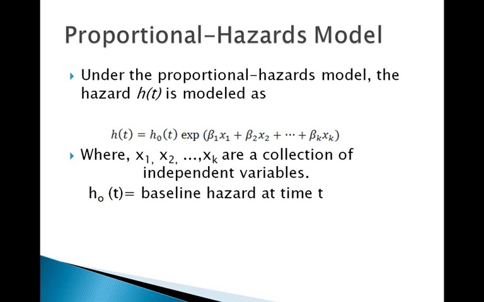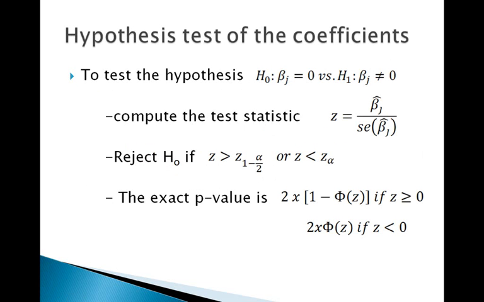So the proportional hazards model, the driving force of it is the hazard, the way in which the hazard is modeled. That is to say that h of t is composed of 2 parts. h naught of t, which is the baseline hazard at time t, and then this function of e to the beta 1 x1 plus beta 2 x2 plus all of this equation you're seeing here, which is a collection of independent variables. The hypothesis test for the coefficients is very handy. It basically ends up taking the point estimate you get from the regression result, divided by the standard error for that same estimate. It looks like the z critical value, and we compare this in the normal way to